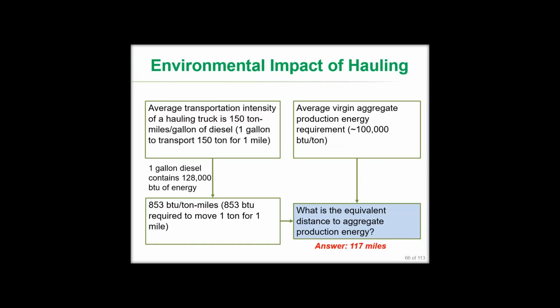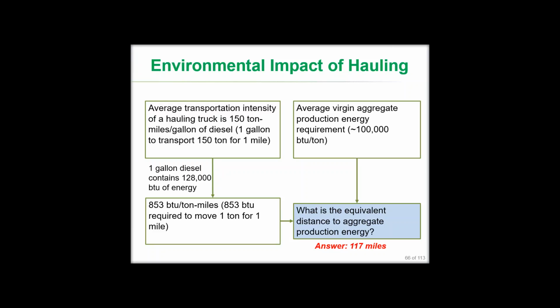And just to give you an idea about the environmental impact of hauling, if you consider average transportation intensity of a hauling truck, we get a number like 150 ton miles per gallon, which means we need 1 gallon to transport 150 tons for 1 mile. And if we convert this number to some energy units, if the truck is using diesel